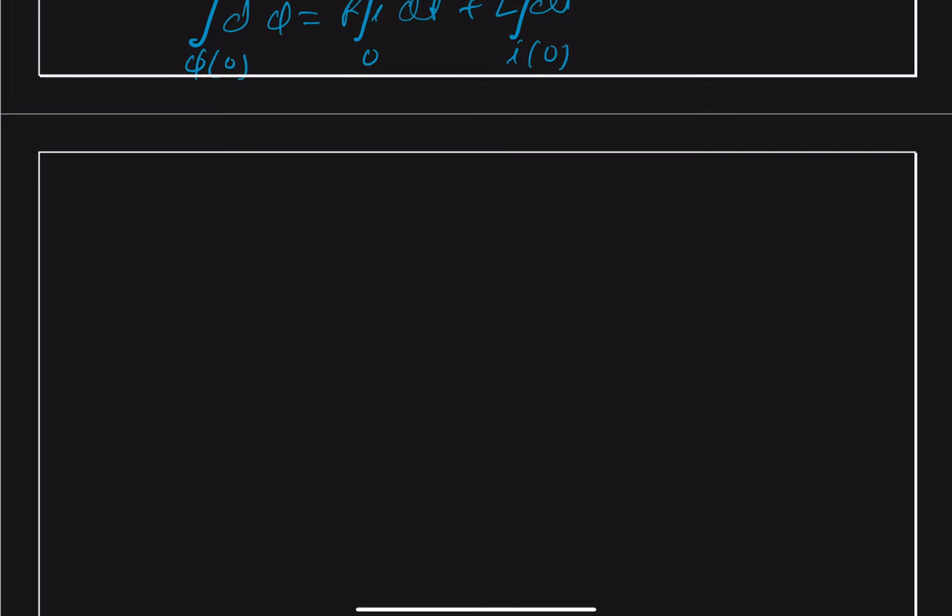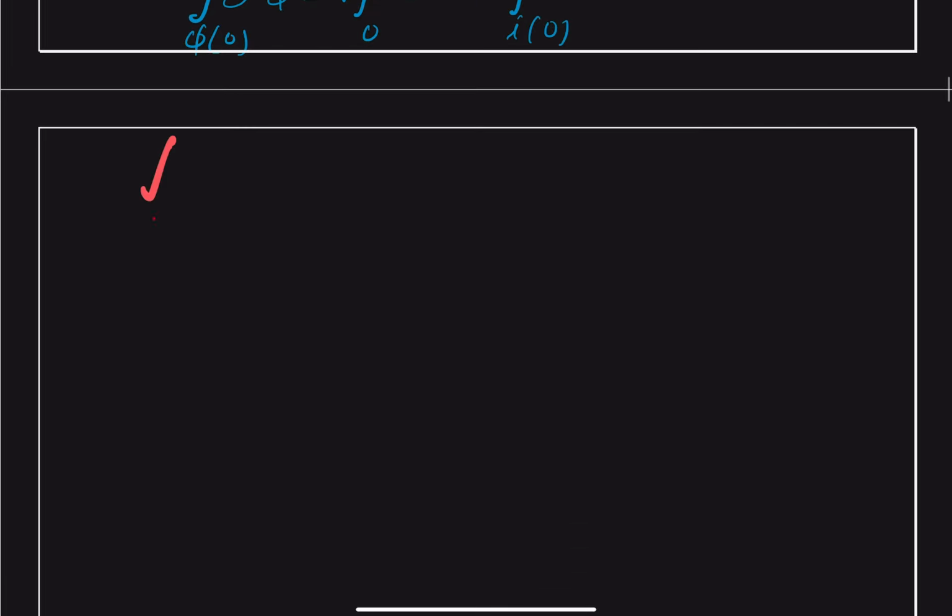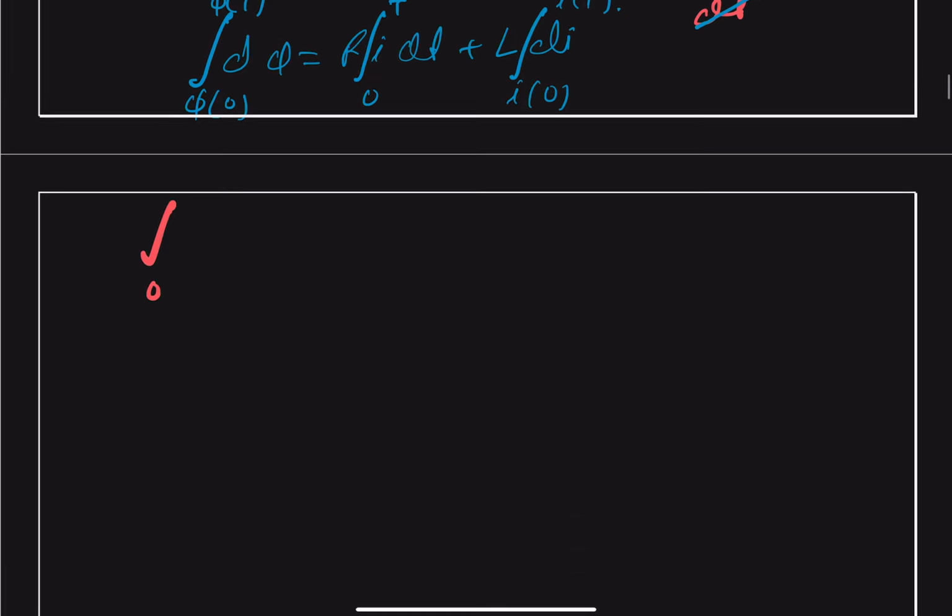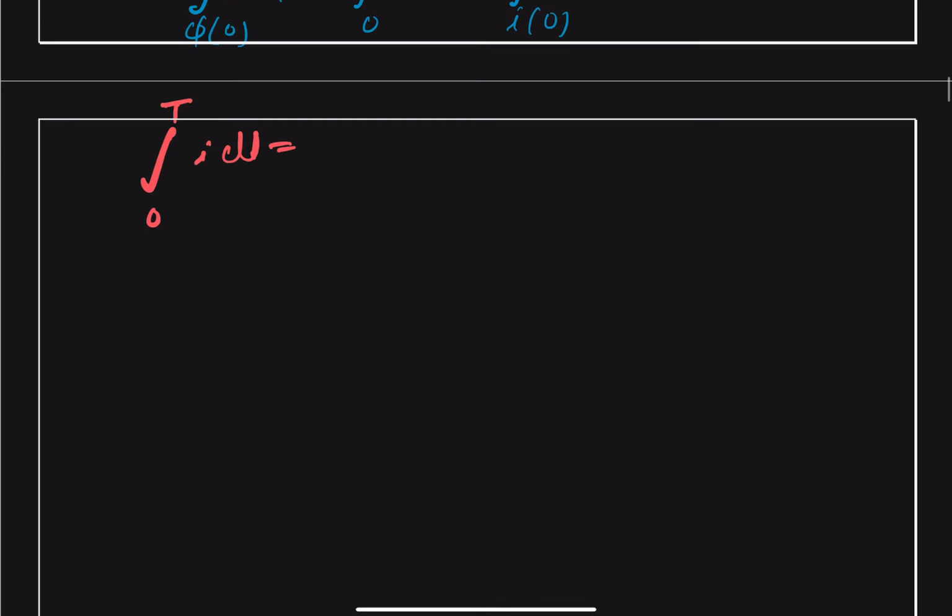So we can say integration from 0 to T of I dt will be giving us total charge Q,